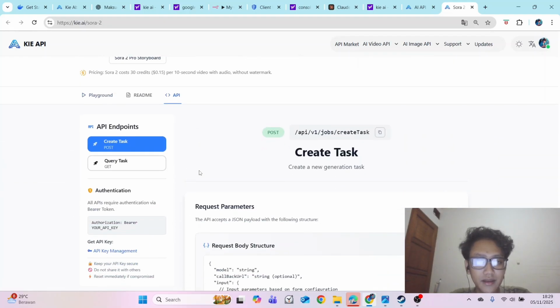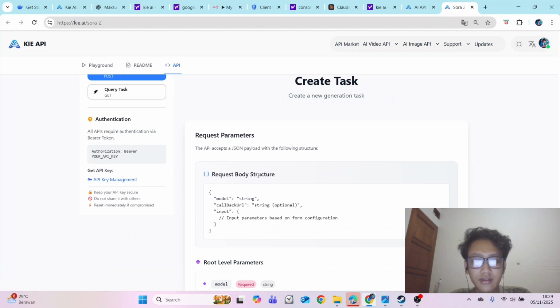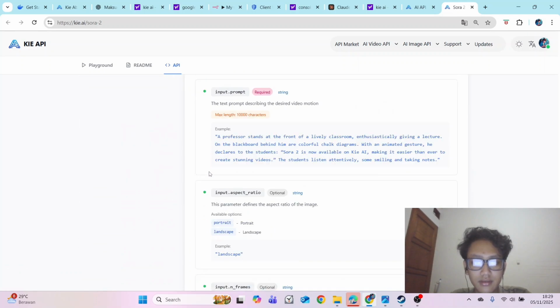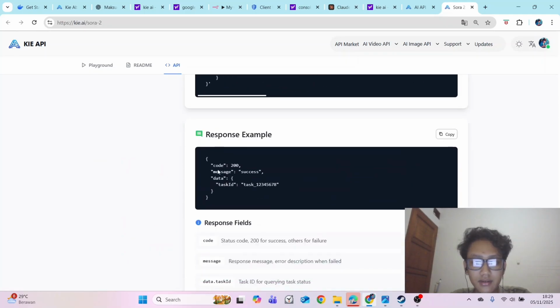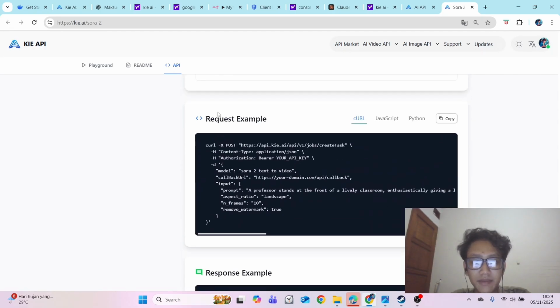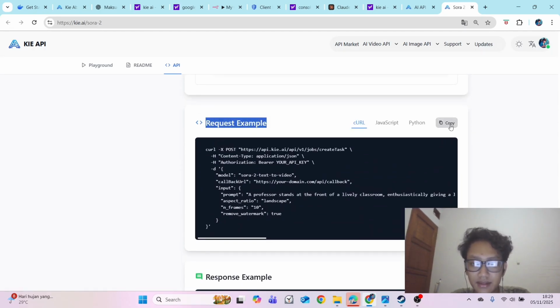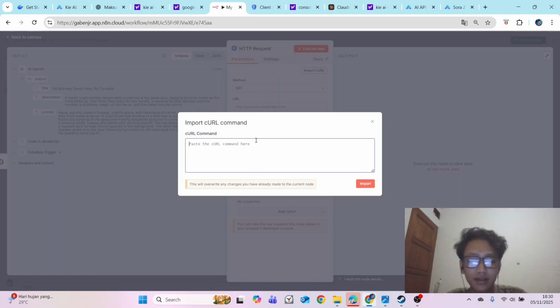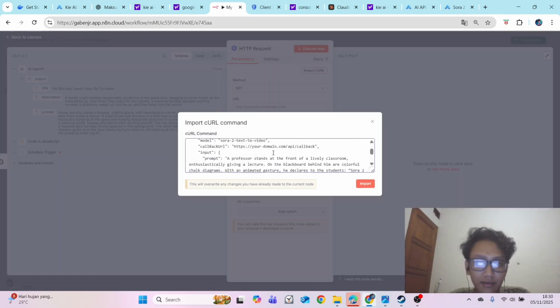Okay, so you need to copy, wait, you scroll here, request example. You copy this request example. Okay, after that you go back to n8n and import curl. Paste it into the input curl, and then click import.